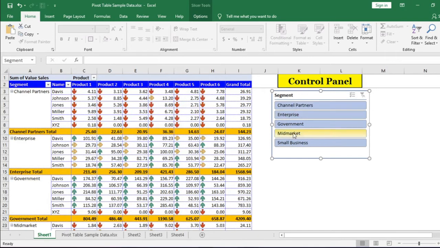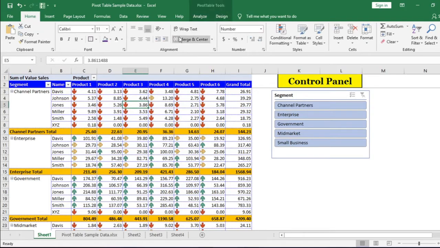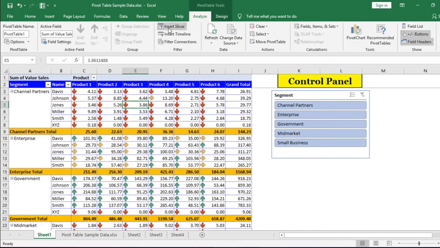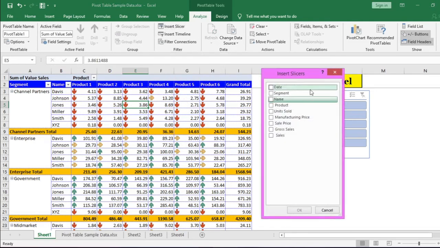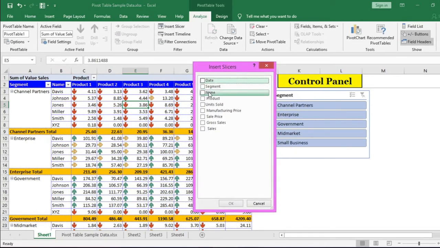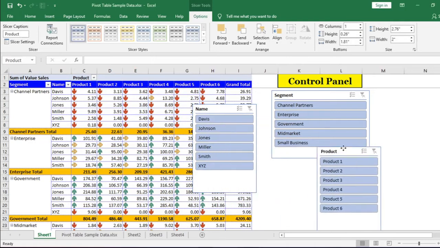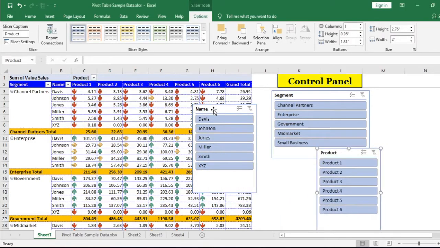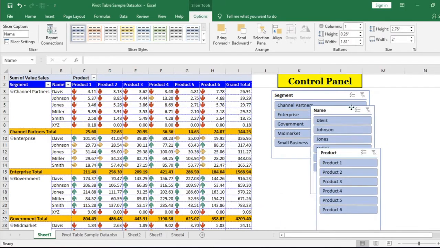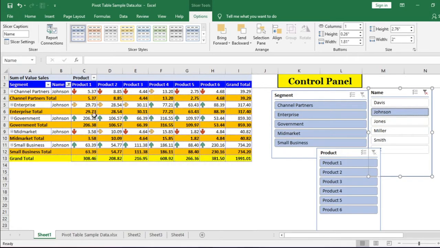You can use multiple slicers, more than one slicer. Select any cell in pivot table, then go to Analyze menu and again click on the Insert Slicer button. Window will appear again. Select as per your need. Here I will select name. For example, if you want to show the performance of Johnson, click Johnson from the name slicer.